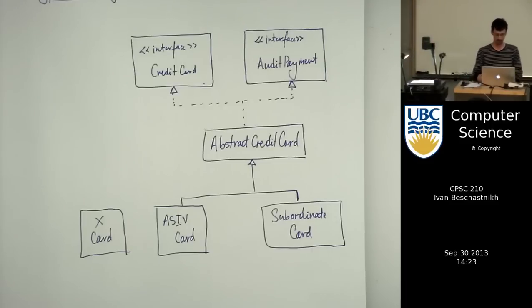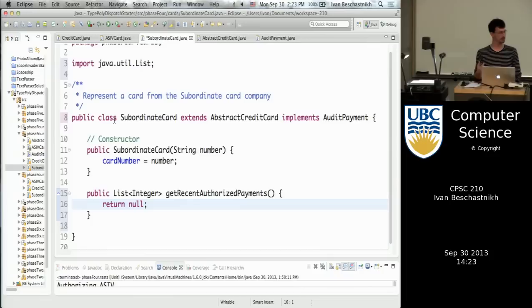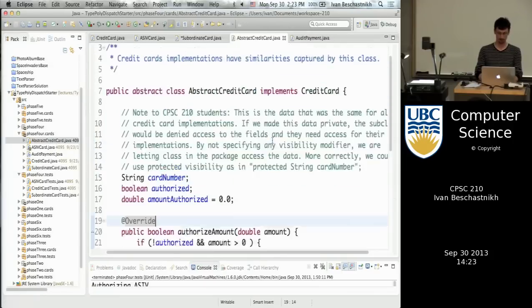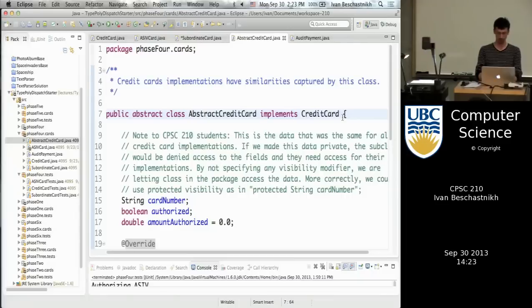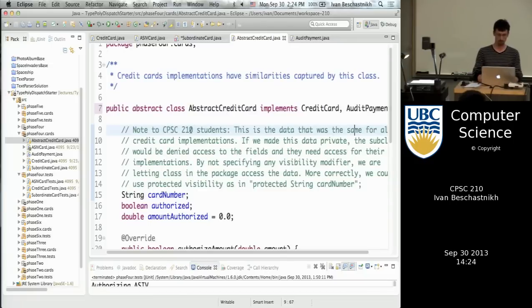So in our code, we haven't finished our code, right? Because we are still in this world of the old type hierarchy, where both of the classes down below implement this interface. So what I'll do is remove this implements, and I'll add it to the abstract credit card. So my abstract credit card is going to implement two things, which is kind of cool. Right, I still need the implement statement. I just need one though, and then I just list all of the interfaces that it implements. And if I save this,